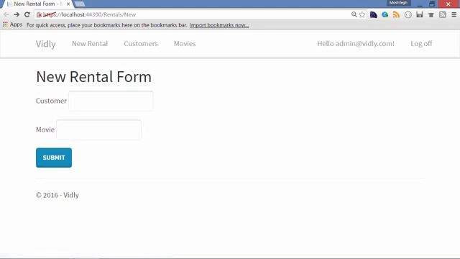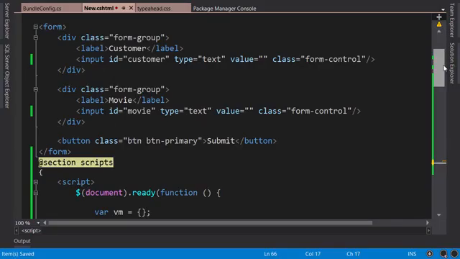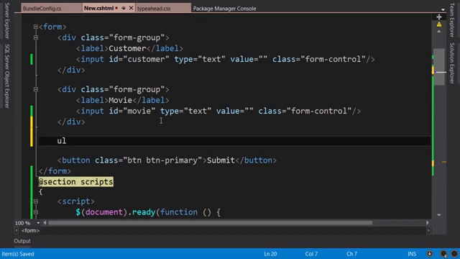So when the user selects a movie, we want to add this movie to a list because a customer may rent multiple movies. So here in our rental form, first I'm going to create a placeholder for this list. UL with the ID movies and the class list-group. This is another Bootstrap class that we use for creating lists. That's it. Now back in our callback function,